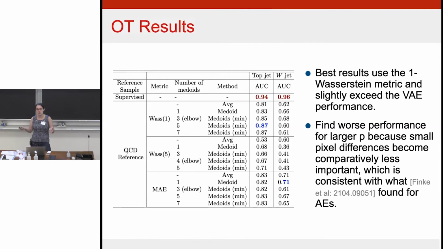For example, when you try to train an autoencoder on tops, the reason it doesn't work well is because it's not paying attention to the right scale differences in pixels. This P is the same thing that allows you to control for that. One thing that is a little bit different here is the Wasserstein distances work better than the mean absolute error